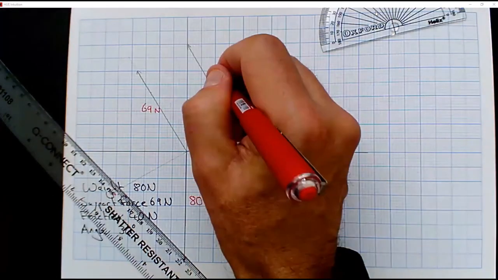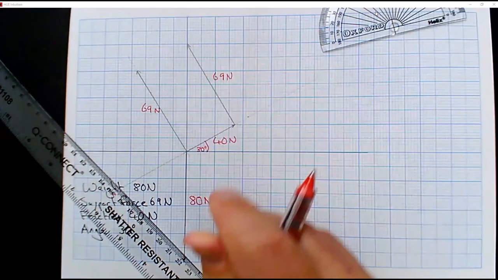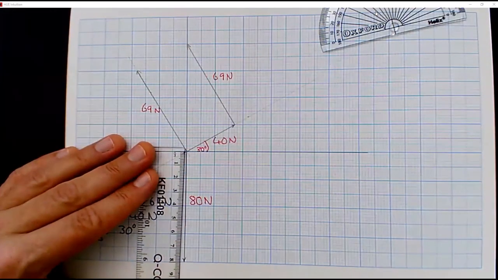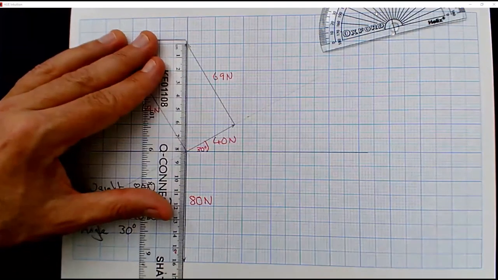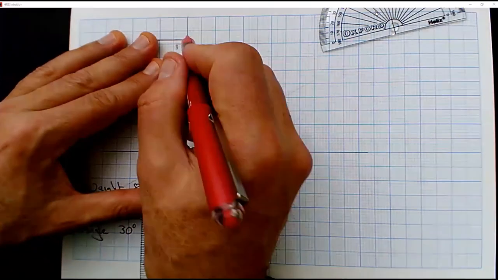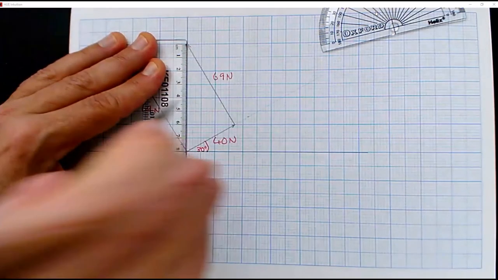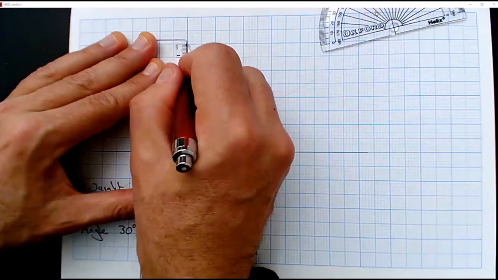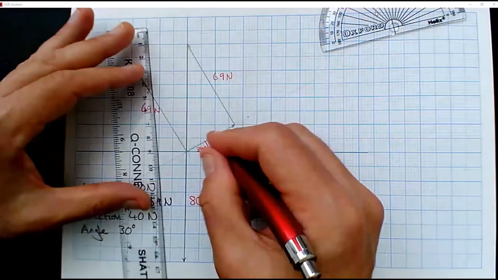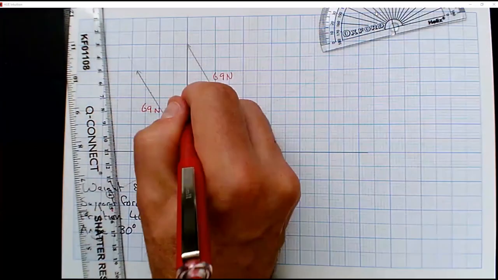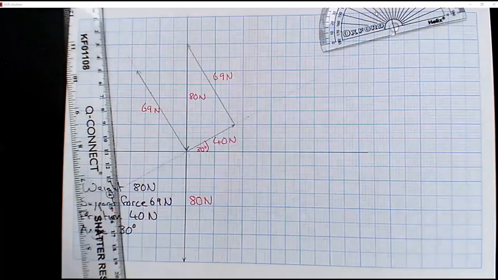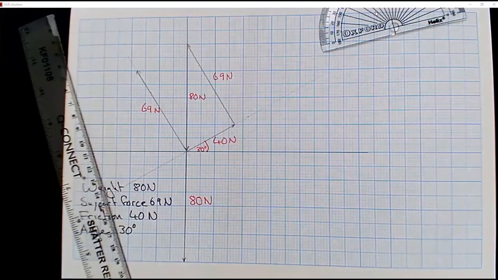That is 69 Newton. And now I'm going to translate this vector upwards. It's 80 millimeters long, representing an 80 Newton vector. And that then completes a closed triangle just there. And just to illustrate that slightly more clearly, what I'm going to do is just go over that